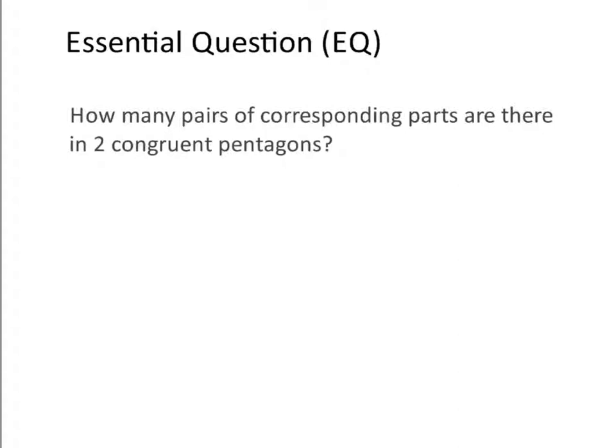So in this lesson, we talked about congruent figures, whether we have triangles, pentagons, quadrilaterals, hexagons, heptagons, it doesn't matter. If you have congruent polygons, you have corresponding parts. Now, this essential question at the end of this lesson asks, how many pairs of corresponding parts are there in two congruent pentagons? We just had an example of two congruent pentagons when we talked about the fins of the shuttle. So when you have two congruent pentagons, pentagon means 5 sides. So if I'm going to have 5 sides to my shape and I have 2 of them that are congruent, then I'm going to have 5 angles